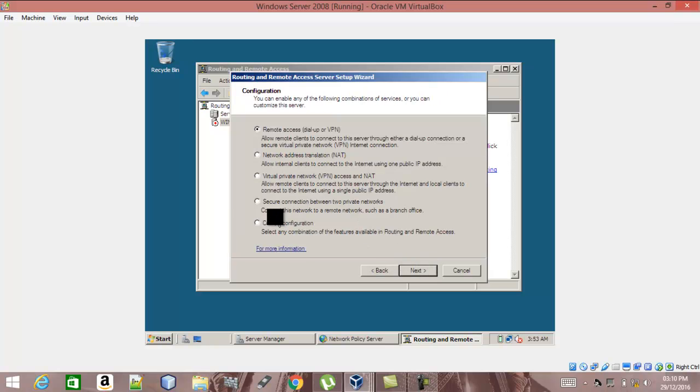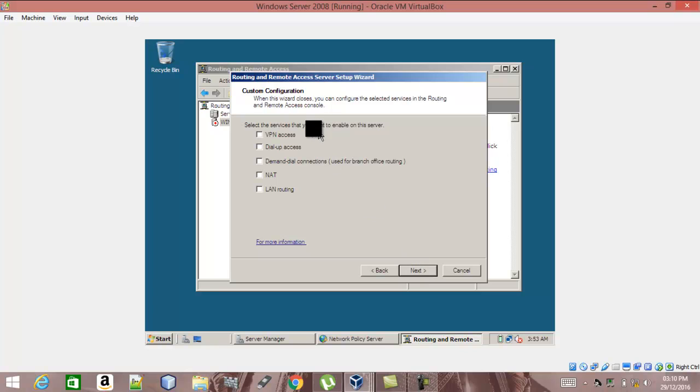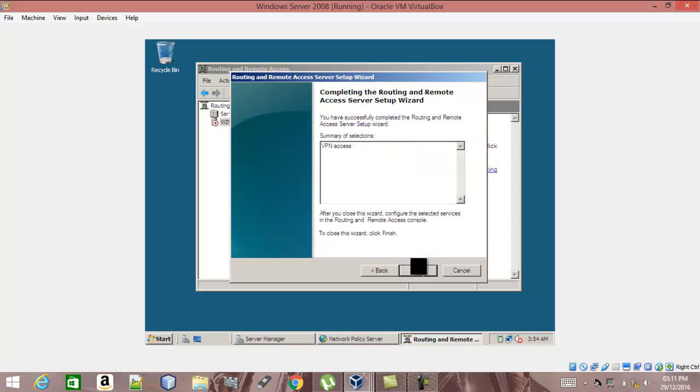And for the sake of this tutorial, I'll select the last option, which is Custom Configuration, which allows you to select any combination of features available in routing and remote access. So I'll click next, and the services that you want to enable on this server, you could choose any one that is listed there, but I'm just going to choose the first one. So I'm going to click next, and once again you get a little summary of everything that took place. So I'm just going to click finish,